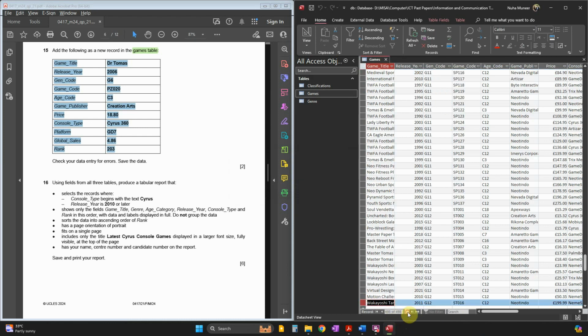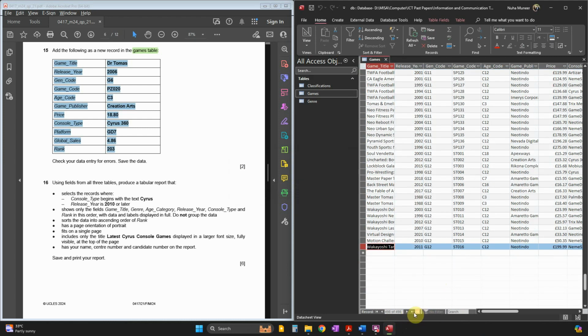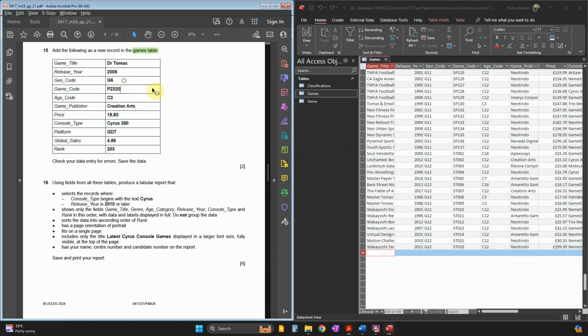Click on the last one over here, or you can just press on a new blank one, and you can start to add your details. Of course in your exam you won't have such an electronic paper, it will be a physical paper, so you need to practice always by typing. For me, just to save time, I was going to copy it because the keyboard is a bit far from me. Or okay, I think it will be better just